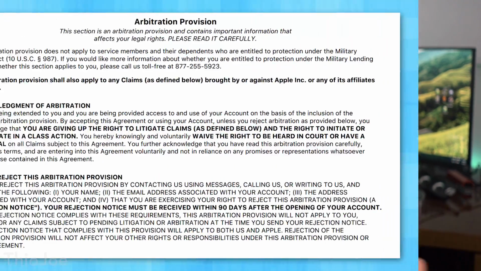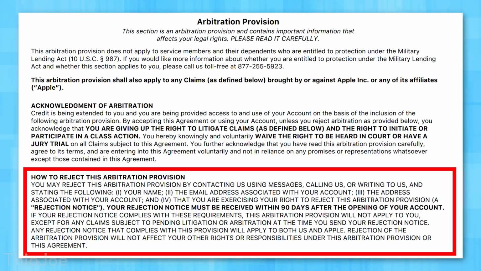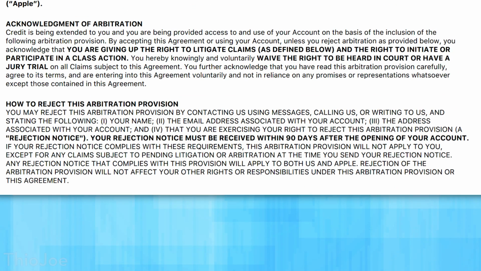So anyway, how do you opt out? Well, this is going to really depend on your credit card agreement. They're all going to have in there how to actually opt out. For the Apple Card, they do mention in the agreement there are a few ways you can do it, including by phone, calling them. You can use the Messages app, which is probably the easiest way, or using snail mail, just mailing in a letter. And it says you need to include information like your name, email address, mailing address, etc.